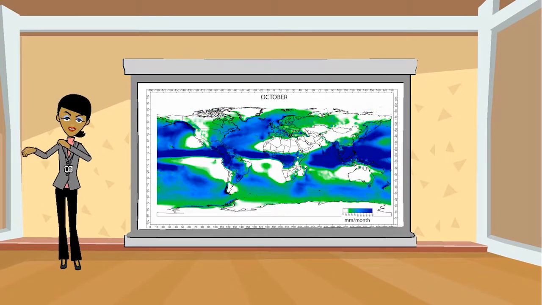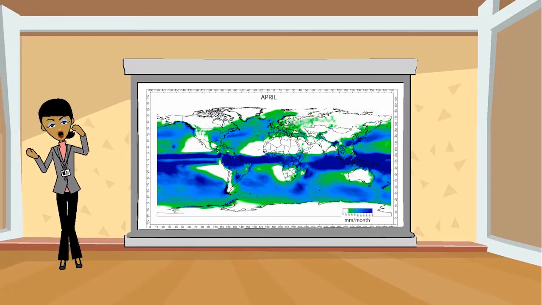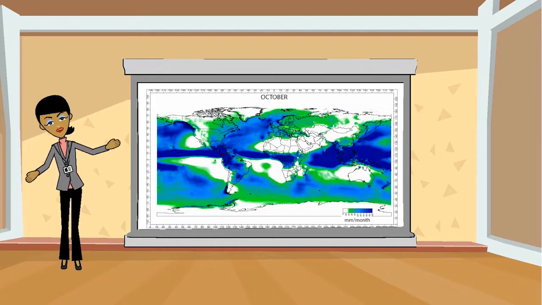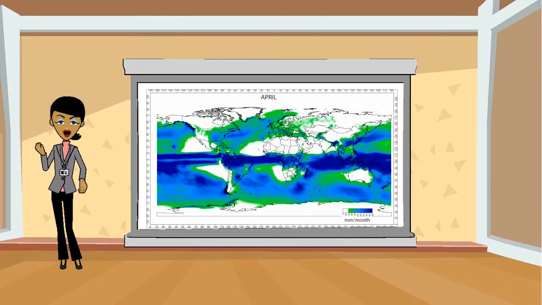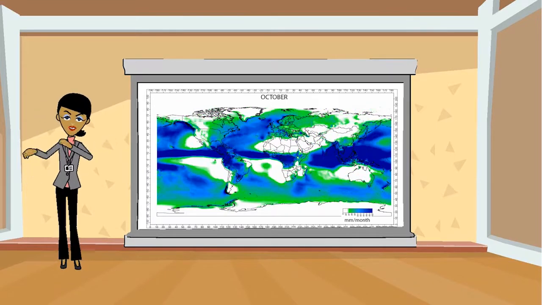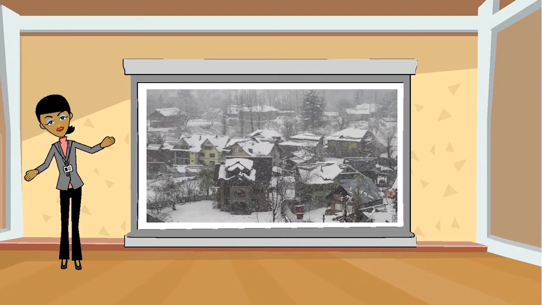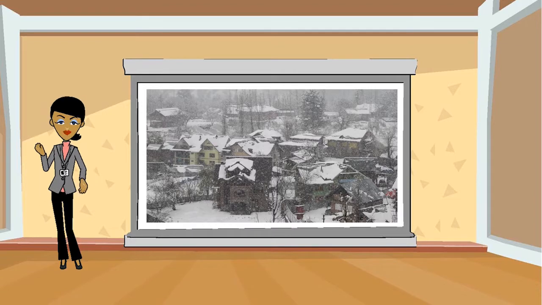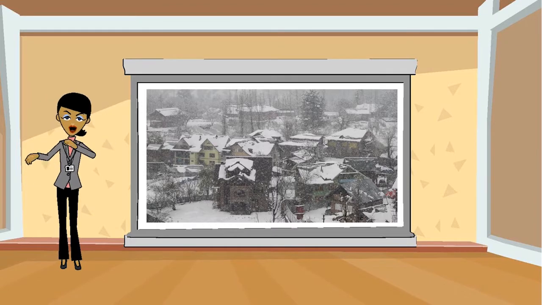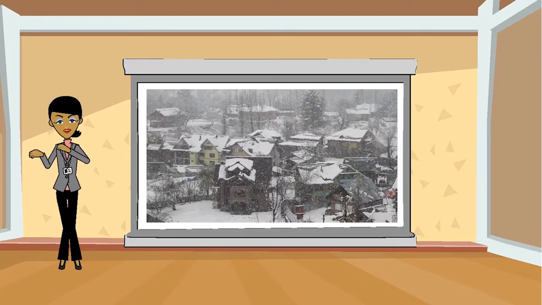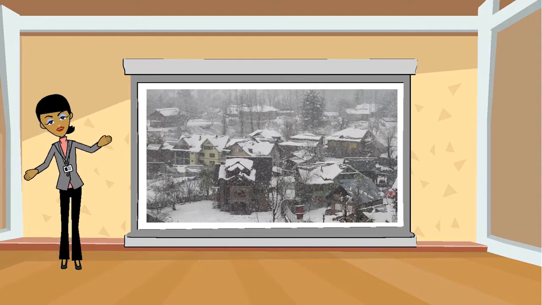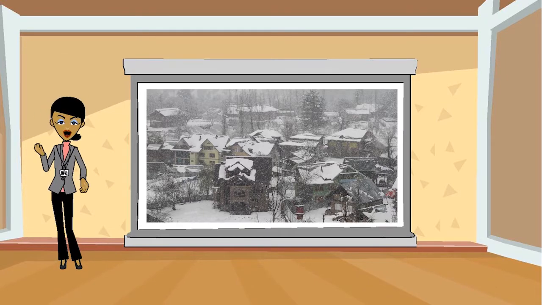Coming to the cold weather season, after the monsoon leaves, the country experiences a rapid fall in temperature. Here, the winters begin and continue till February. The coldest months of the year are January and December. The temperature falls from south to north. Southern states like Chennai experience an average temperature of 24 degrees Celsius and the northern states experience temperatures of around 10 degrees Celsius to 15 degrees Celsius.